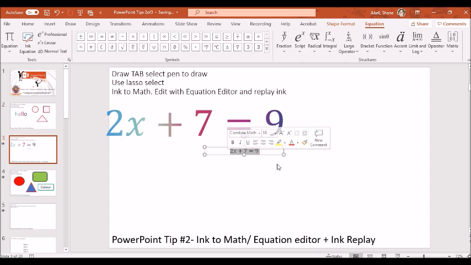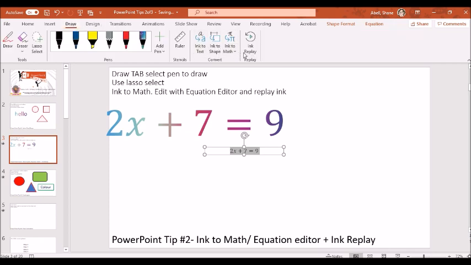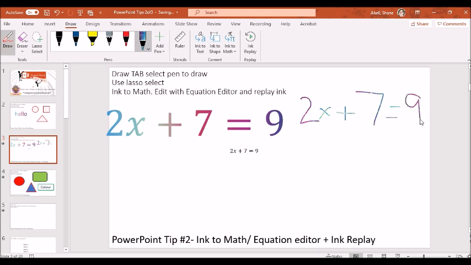Now what we can also do is use that ink replay tool. So we go back to our draw tab. Let's do some inking. If we wanted to actually do that calculation, let's grab our pen. We've got 2x plus 7 is equal to 9. Because we've got a plus 7 over here, we're going to go 2x is equal to 9 minus 7, which is 2, and therefore x